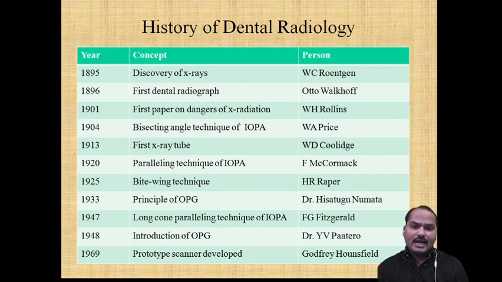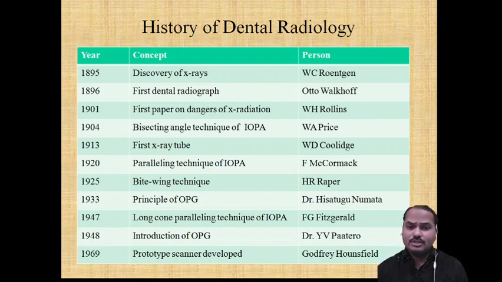Then radiations had their own dangers, and the first paper on this was presented by W.H. Rollins in 1901. There are various techniques of taking a radiograph in the oral cavity. The bisecting angle technique was given by W.A. Bryce in the year 1904. In the year 1913, the first X-ray tube, which is being used nowadays also, known as the Coolidge tube,